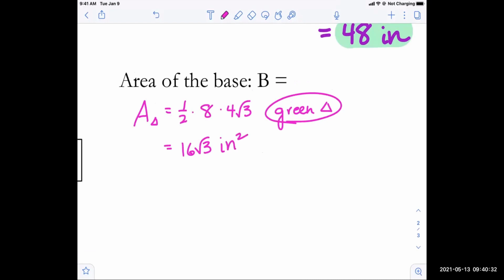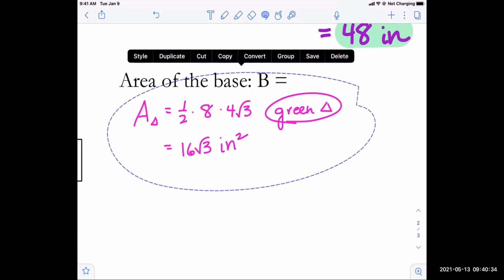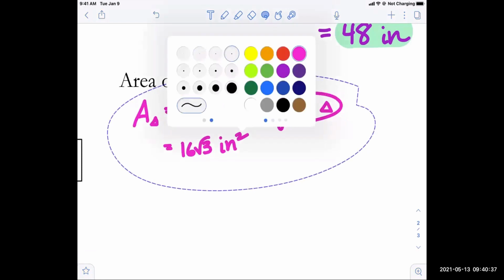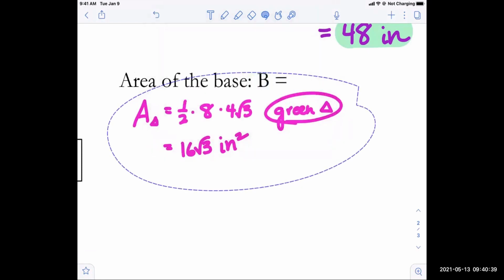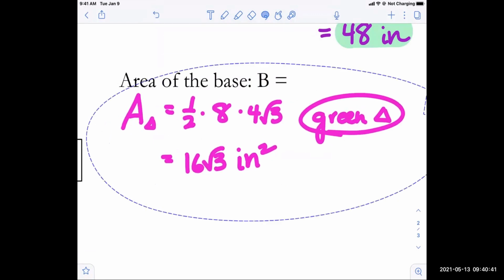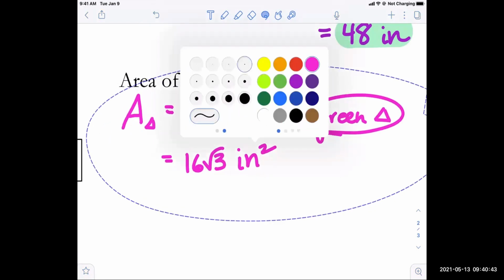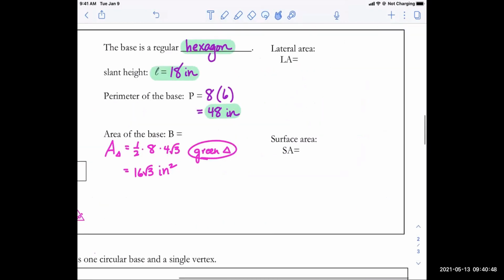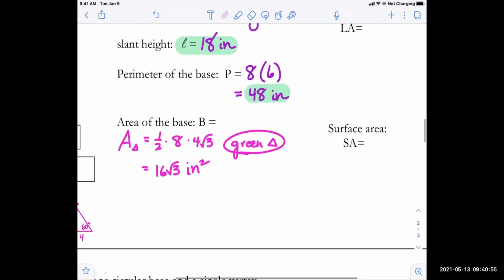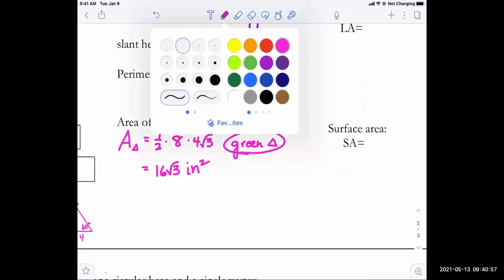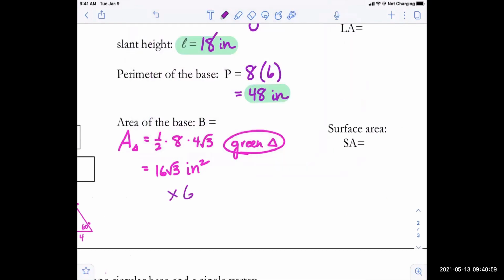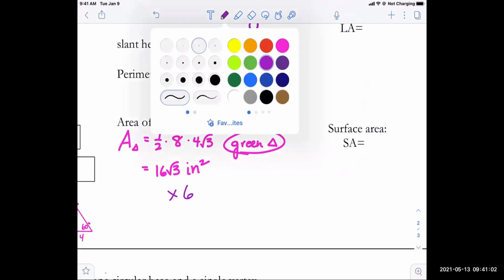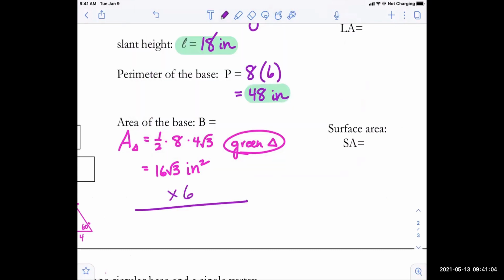Okay, is that our answer? No, got to do what? Multiply by 6. So at the beginning when you're first doing the problem, you might want to make yourself a note to not forget to do the multiplication. I don't know how many problems I checked on the honors test where kids did the hard part and then just forgot to multiply in the end. So this will be multiplied by 6. That'll give you your total base area is